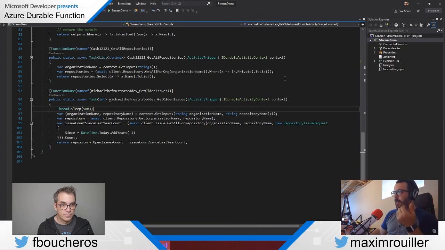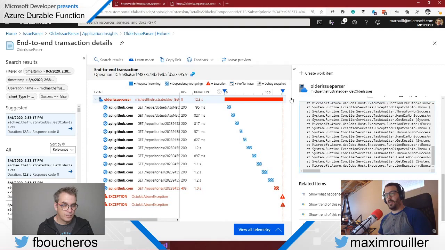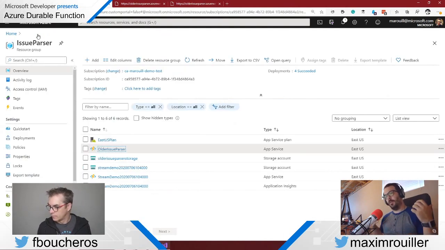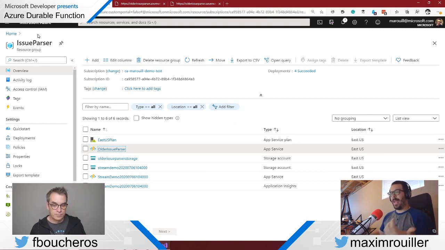But that's one way I wanted to show how you can start to get more information on your function, right? Because there's so much stuff going on that, what even happened here. So that was the plan for a part of this